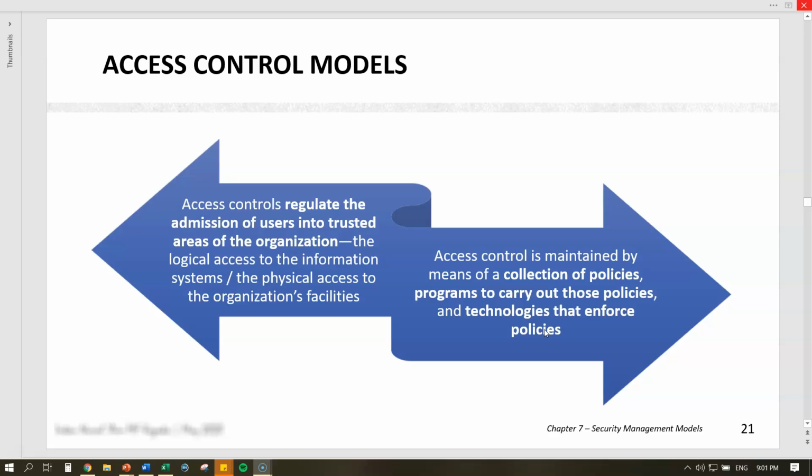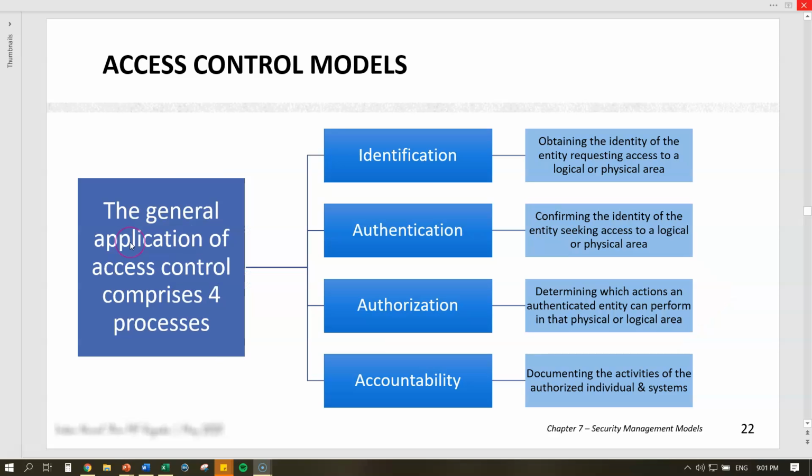Dalam erti kata lain, access control ni adalah dia menghadkan, bukan semua pekerja ataupun staff boleh access into the system ataupun physical area supaya dapat meminimumkan threats kepada information security. Access control is maintained by means of a collection of policies, programs to carry out those policies, and technologies that enforce policies. Basically, when we talk about access control models, the general application of access control comprises 4 processes, which are